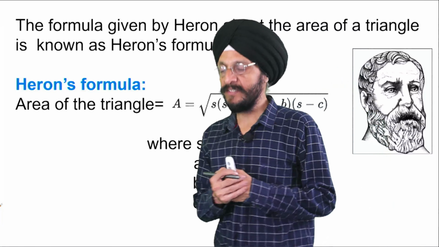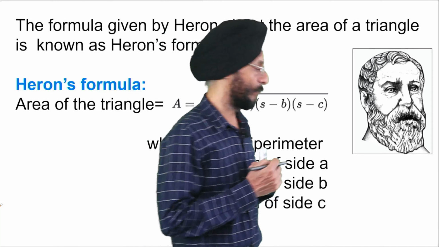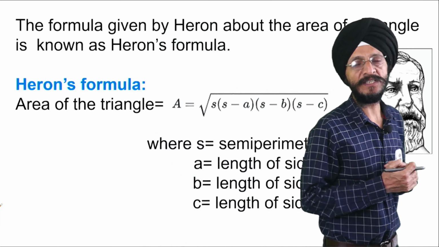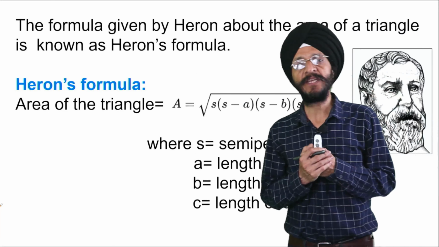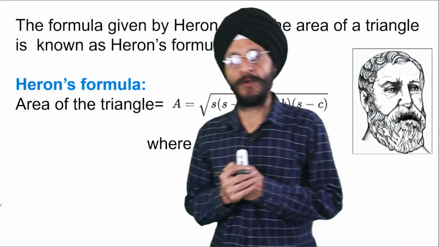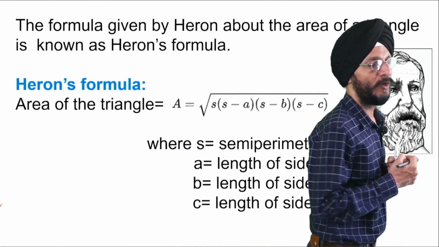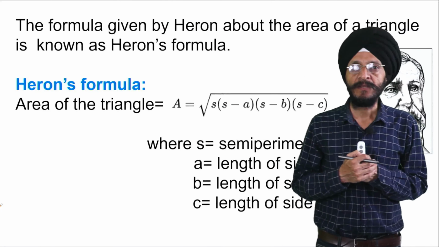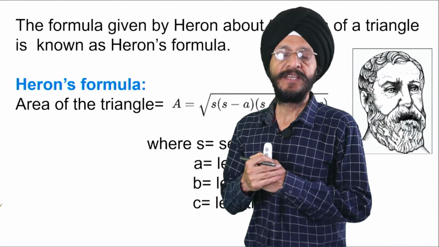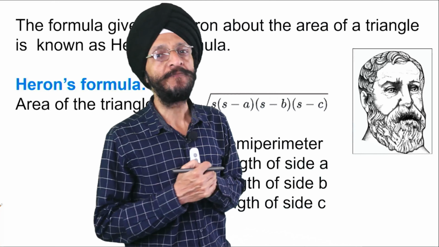First of all, we will understand what is Heron's formula. Heron's formula is the formula which has been given by Heron. This formula is meant for measuring the area of a triangle. Heron's formula says that the area of a triangle is equal to under root